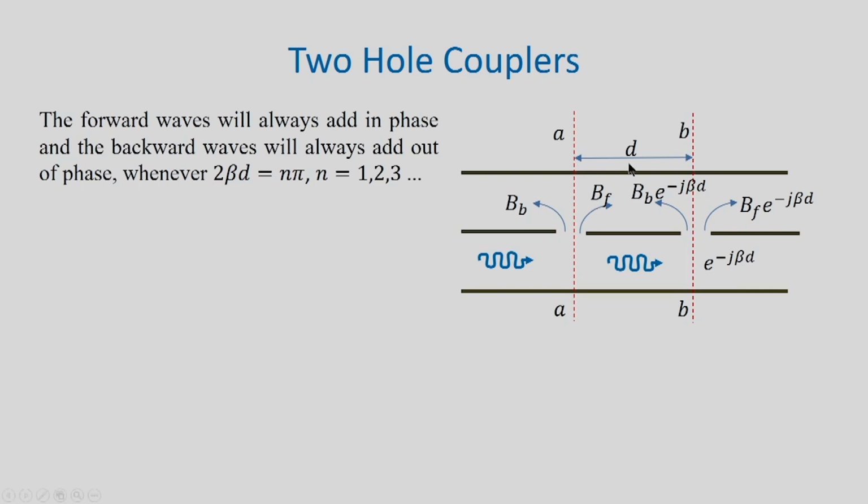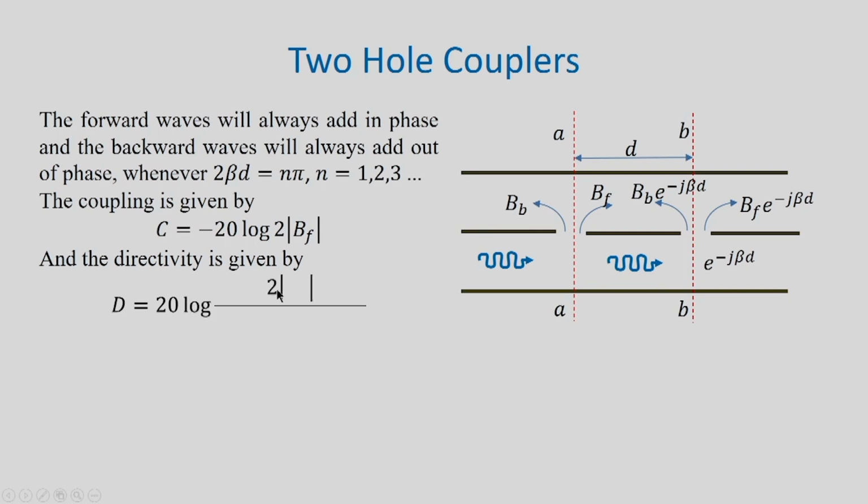where lambda g is the guide wavelength, then the backward waves can be cancelled at this plane A A, and we will be left with only the coupled signal at this plane B B. In general, we define coupling C to be equal to minus 20 log of 2 magnitude of B_f, and directivity D is given by 20 log 2 mod B_f divided by mod B_b mod of 1 plus e to the power minus 2 j beta d,